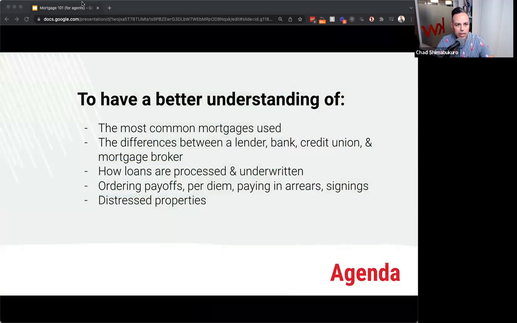So today we're going to talk about Mortgage 101 for agents. We're going to go through a few slides here, and at the end I'll leave it open for discussion. It's not too much of a thinking class. I try to make it as light as possible, but it really is to get you to understand what the different loans are, how you get different financing, and what the banks are looking for in specific areas. So we're going to go over some of this stuff.